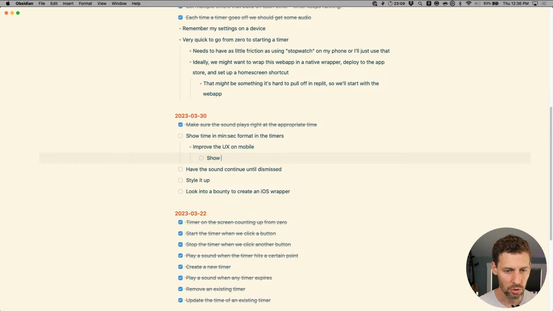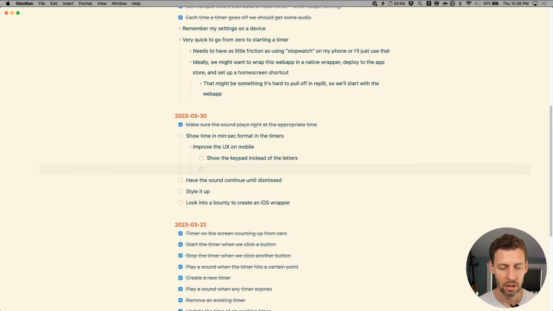We could show the numeral keypad instead of the letters. That would make it nice to enter a time really quickly. Make it dismiss on return.